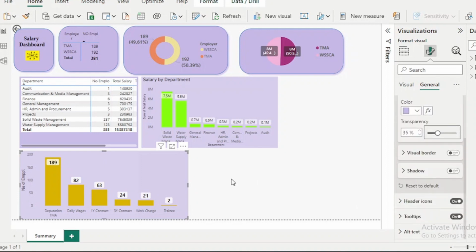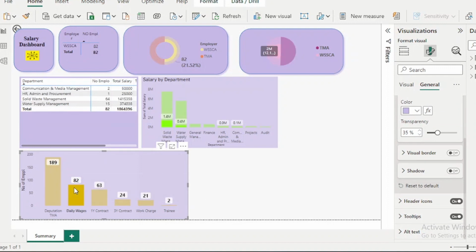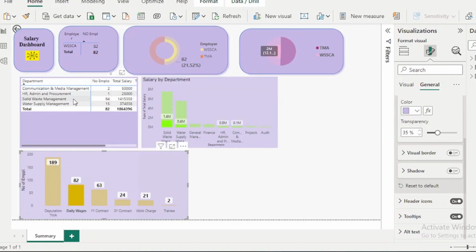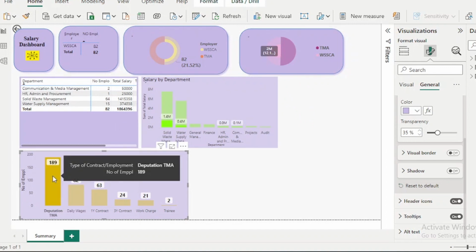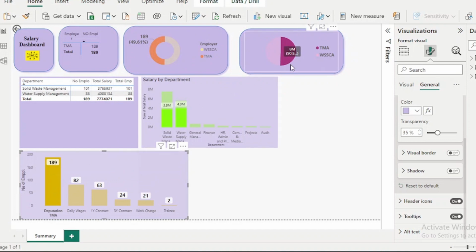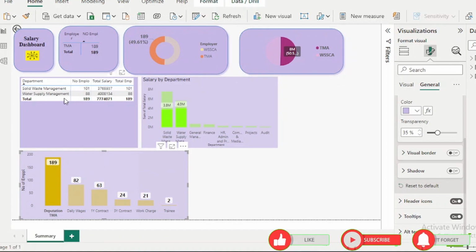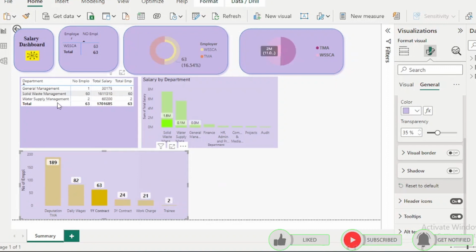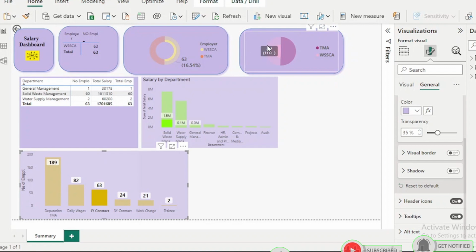This is all. Now if you click on any one, this is interactive. See, this is active, and these daily wages are in these two departments, and one is in HR. It is reflected whole, or if I click on it, it will show me that these are working. These TMA employees are only working in the solid waste, and this one. If I click on 1 year contract, they are working in general management, solid waste, same it is reflected in